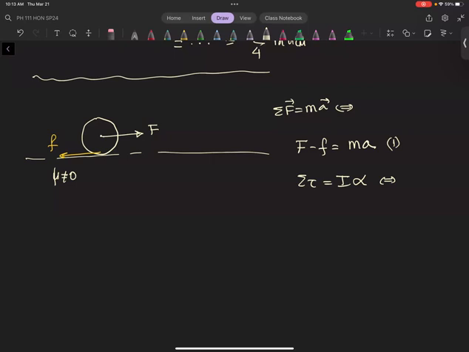Why? If I want to answer and find which force is producing torque, I need to find the axis of rotation. Otherwise, I cannot define which force is acting and producing a torque, yes? So what is my axis of rotation? Well, you pick your two. I mean, you have options. Option is the center of mass, yeah? And another option is the ground, yes? So I'm gonna choose the ground because I feel like it.